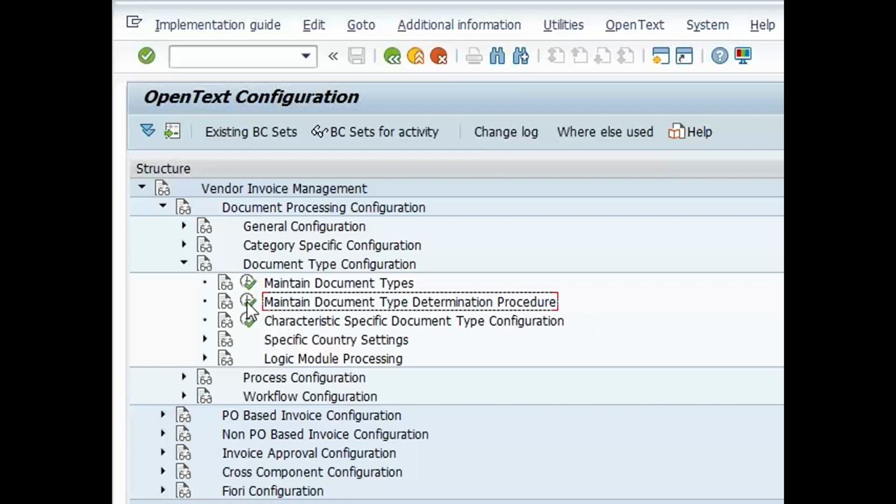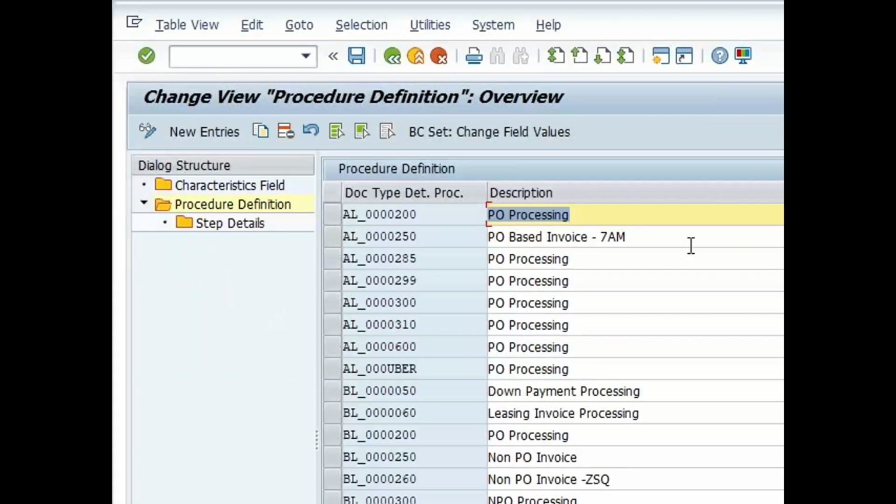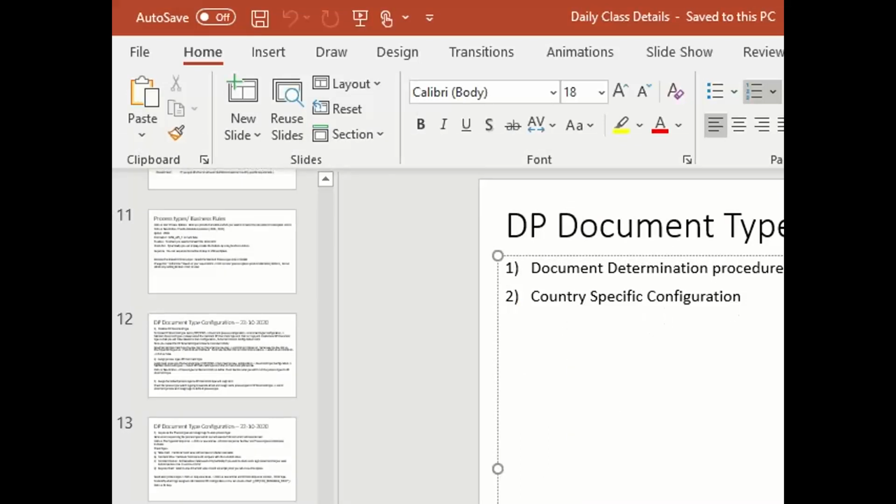Maintain document type determination procedure. Till now, we have also done our own document type determination procedure for PO 7 a.m. So I'll write a note for this, then we'll start. So go to